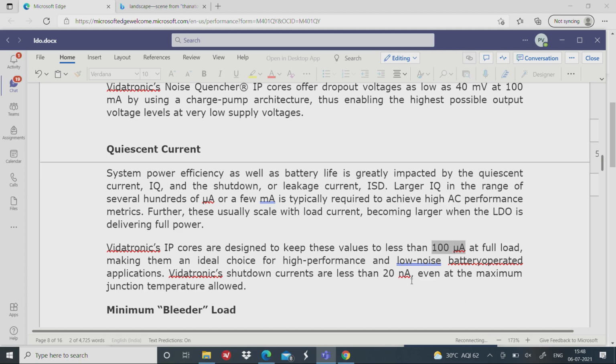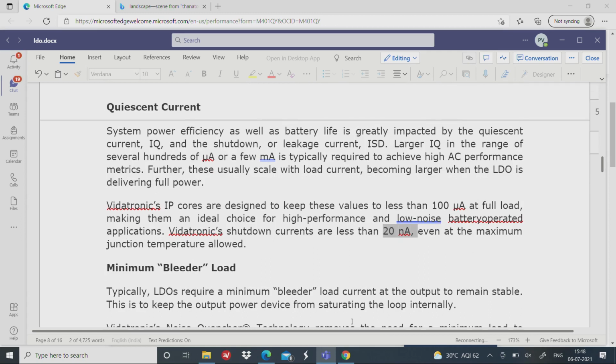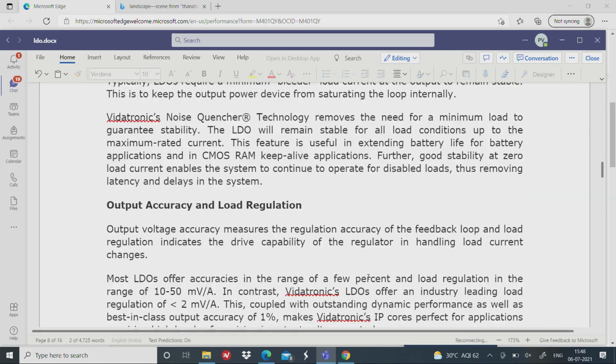Okay. Full output voltage and full output current both, that means full load means full power. And if you are not using the LDO and you want to shut it down, it will still take about 20 nanoamperes, that is what you should account for. Very important, these numbers look very small at this moment, but just think about multiplying this 20 nanoamperes into one day, which is 24 hours, then what will happen to the battery life? That can be a significant number. So it is not just this number, but also the duration over which the LDO is sleeping. Okay. So please note that again this should be lower the better, so that is an important thing.